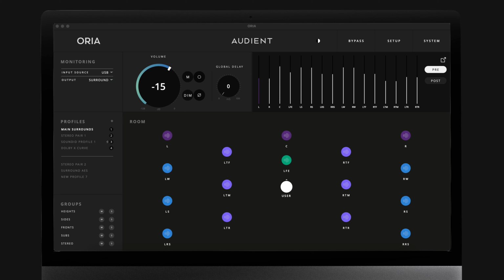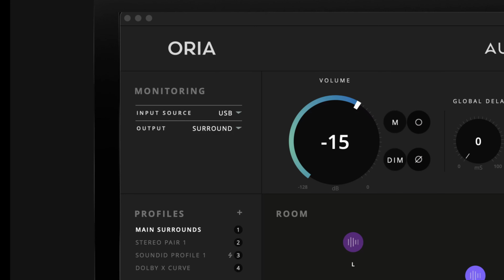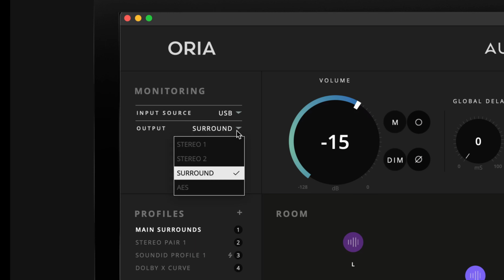At the top left of the ORIA Desktop app, you will find the monitoring panel. Here we can see input source and output selection. Using the Input Source Select drop-down menu, we can choose which inputs feed ORIA, whether using the USB interface or optical ADAT ports. Below this is the Output Select drop-down menu, letting you select which speaker outputs the system or profile is using for audio, whether using the analog surround outputs, either of the dedicated stereo output pairs or the